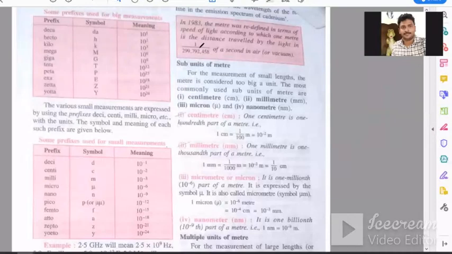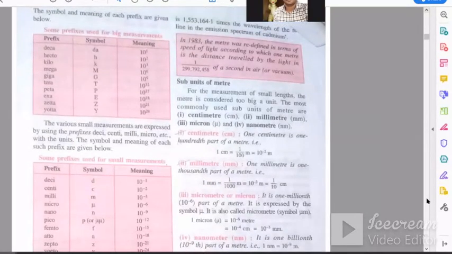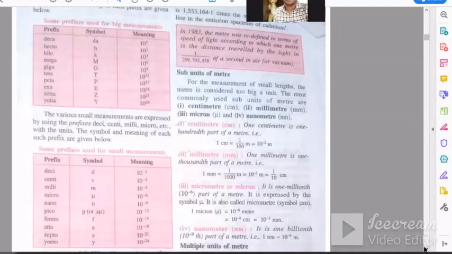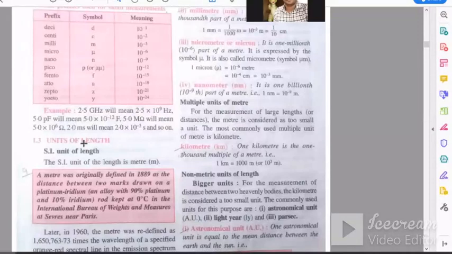So as you can see, we are dealing with the SI unit of length. Okay. So what is the SI unit of length? We all know it is meter. Now what is the definition of meter? So the definition of meter, this orange box, we are going to learn, for example, if we are asked, what is 1 meter?